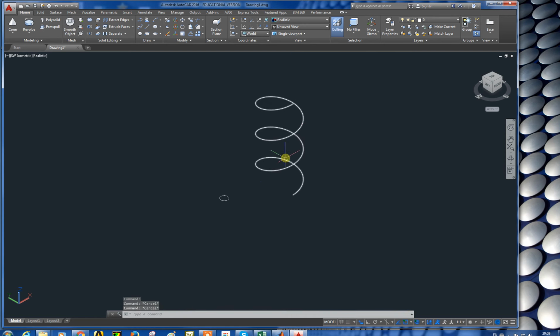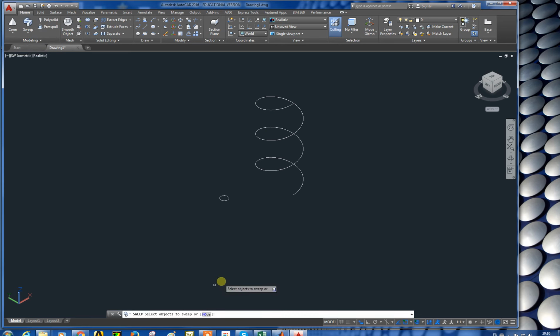Now my aim of getting this helix is I want to sweep this circle through the path of this helix. Now, how do I do that? I simply have those two geometries. Then I come over here and select the sweep tool. And the command line is asking me to select object to sweep. I select this circle, enter. It's asking me to select the sweep path, and I select this path. And if you do that, automatically,